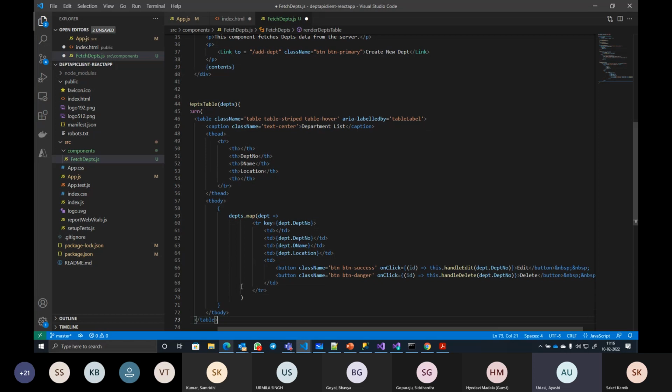Okay. End of map should not have a semicolon here. It was showing some error. What is pending now? If you look at the code,